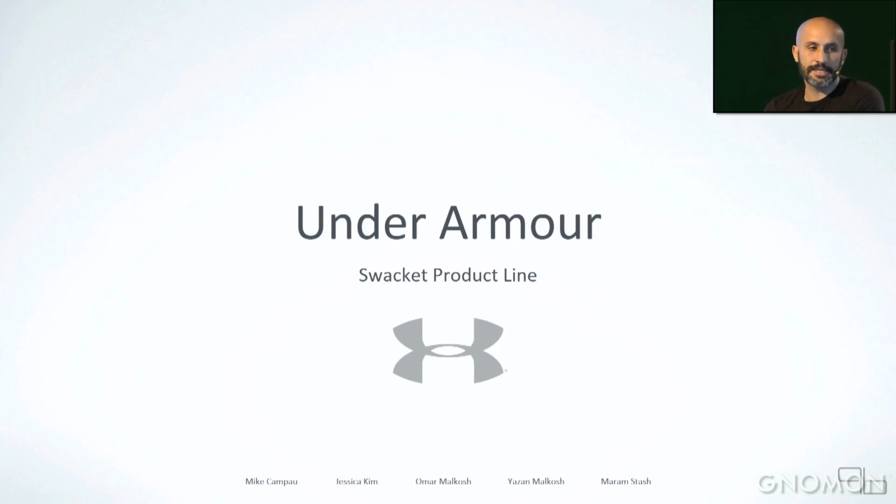The project we're talking about today is Under Armour, and we did a project for them called Swacket. It's a sweater and a jacket at the same time. It's pretty cool. You guys get some from their website. We worked collaboratively with Mike Campau, and he's another Modo amazing artist that does just really good visuals. Some amazing other people mentioned at the bottom as well.